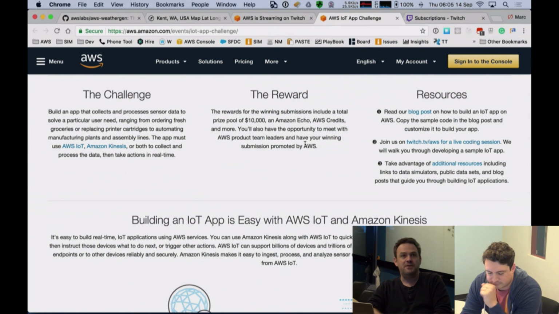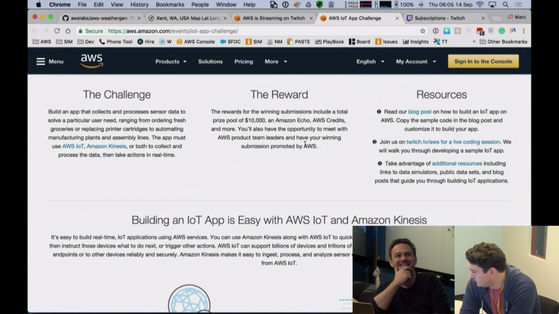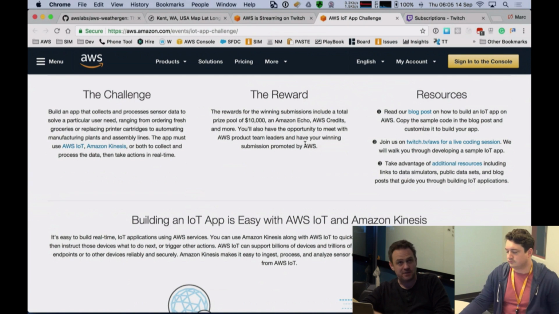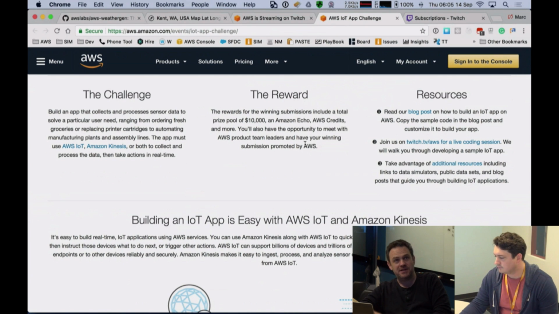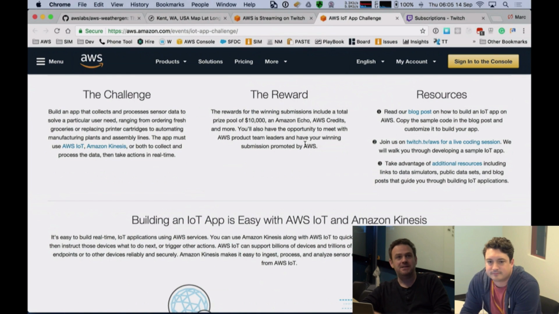You've got to be using three key things. Of course, you've got to be using the AWS platform, otherwise we wouldn't be here today, I guess. We really want to see you guys also using AWS IoT services, and that's what I'm going to be focusing on in today's Twitch session. And we want to see you do some amazing stuff with Amazon Kinesis. So we really want to see some innovative thinking and get out there and show us what you can do.